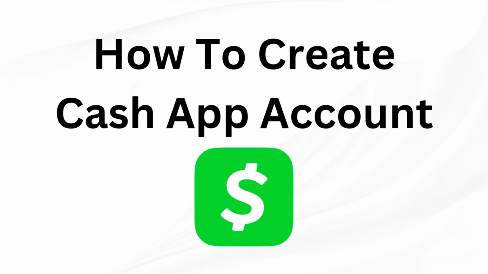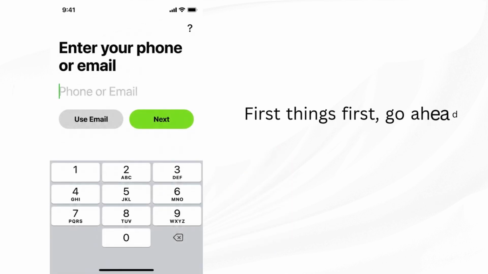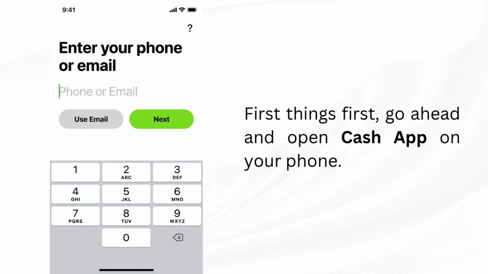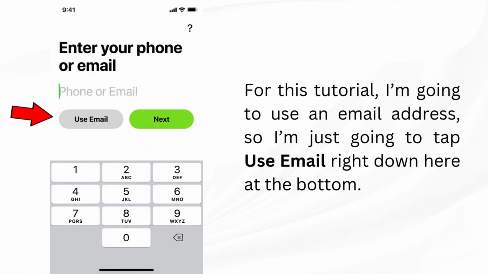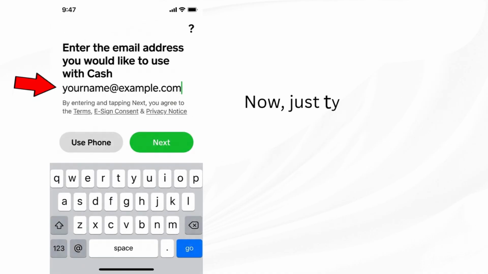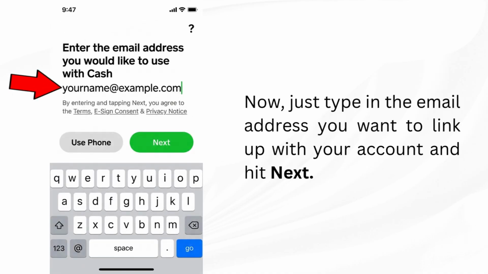How to create Cash App account. First things first, go ahead and open Cash App on your phone. It's going to ask for your phone number or email right off the bat. For this tutorial, I'm going to use an email address, so I'm just going to tap Use Email right down here at the bottom. Now, just type in the email address you want to link up with your account and